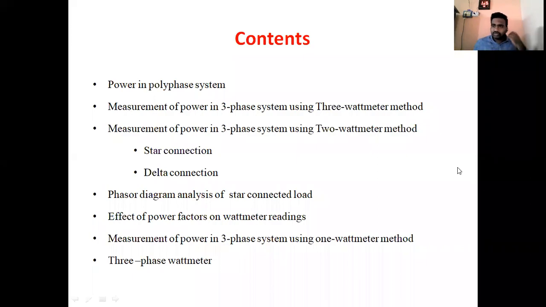So we are in the discussion of measurement of power in a three-phase system. So this is a different thing. Previously we discussed the measurement of power in a three-phase system, and we analyzed it with the help of